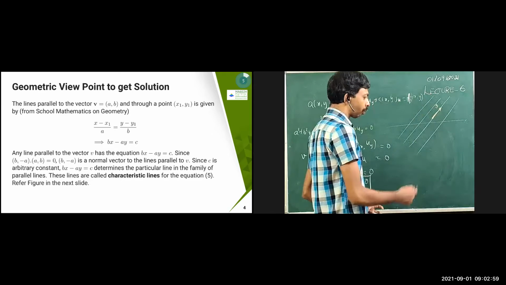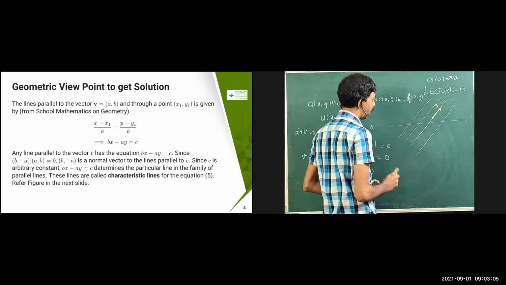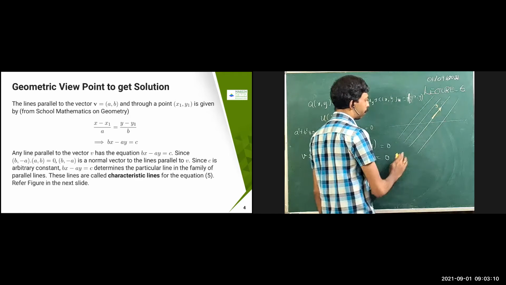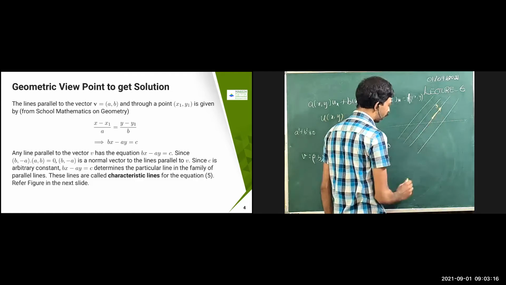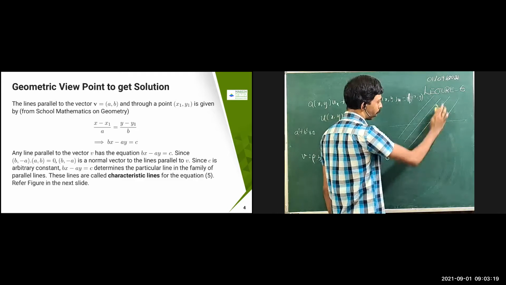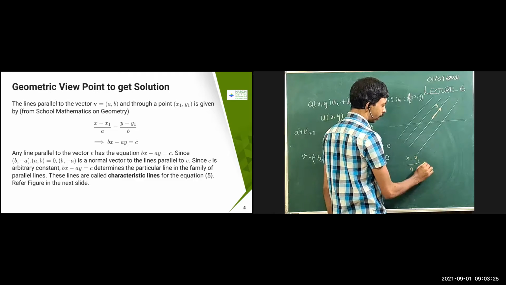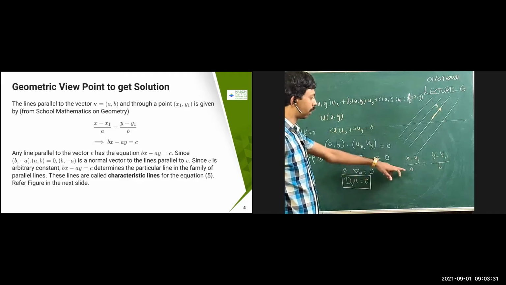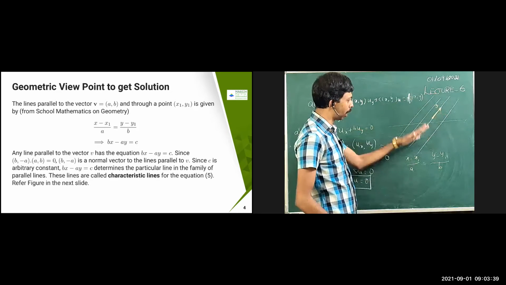That one we have again obtained. These are the characteristic lines, as we used to say. So how do we obtain them? For example, v equal to (a, b) is there. If D_v u equal to 0, that means u is constant along this direction. So I'm going to find the equation of this straight line, which can be written as (x minus x1) divided by a equal to (y minus y1) divided by b. This is the equation of the straight line passing through the point (x1, y1) and parallel to the vector v. So I'm just describing this equation.